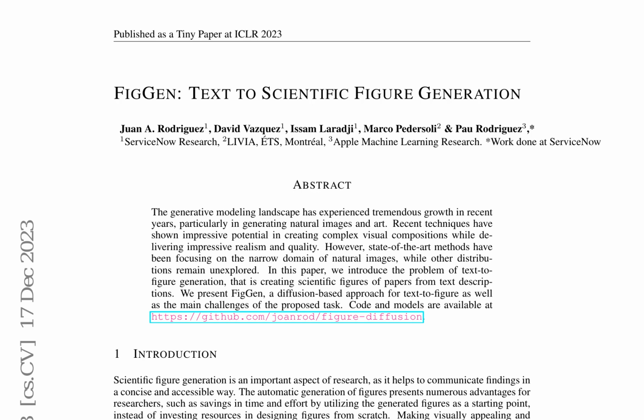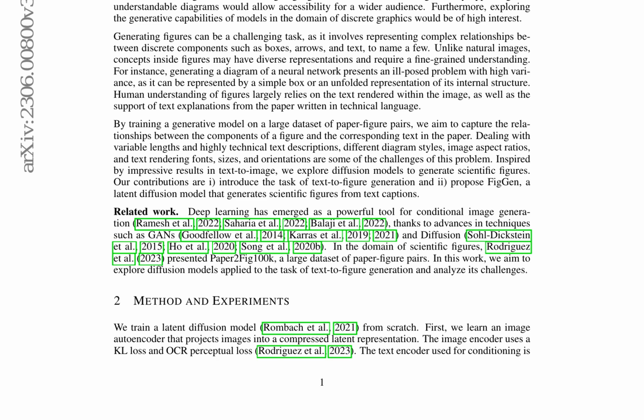The task of generating figures is challenging due to the need to represent complex relationships between discrete components such as boxes, arrows, and text. Inspired by recent advances in text-to-image generation, the authors explore diffusion models to generate scientific figures. Their contributions include introducing the task of text-to-figure generation and proposing FigGen, a latent diffusion model that generates scientific figures